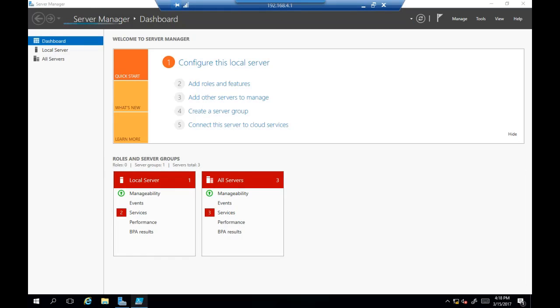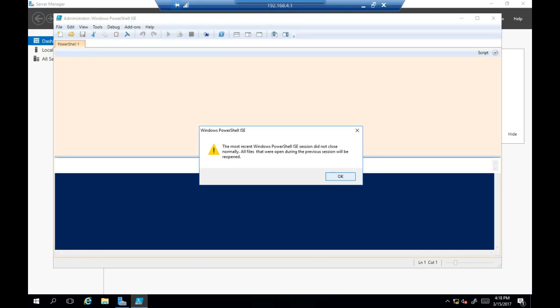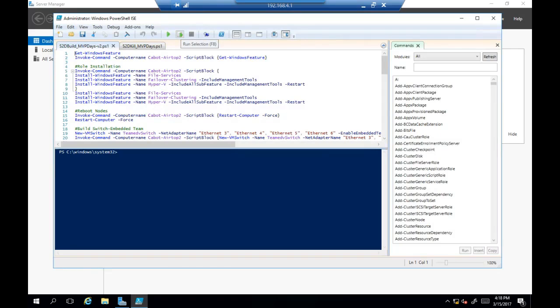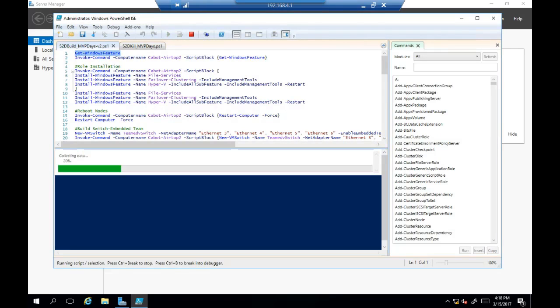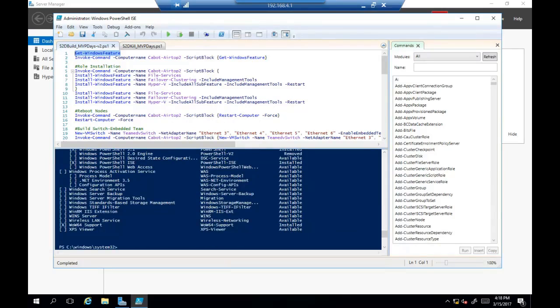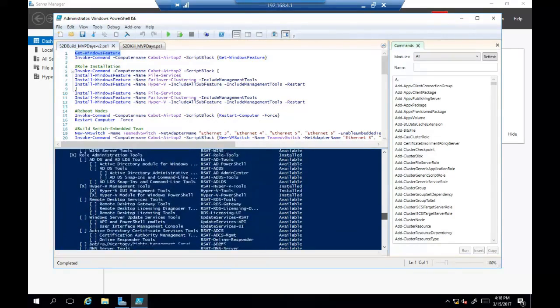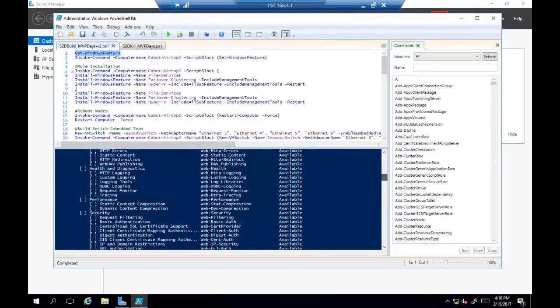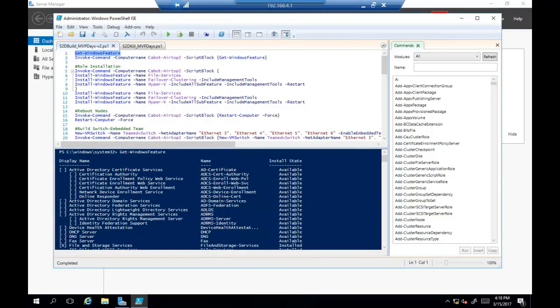Let's run PowerShell. Of course it didn't, because it rebooted. But now if I do Get-WindowsFeature on here, there's a whole bunch more stuff turned on, right? Everything that I put in that is now enabled. So that's all groovy. So now what we're going to do, after we've got our roles turned on and